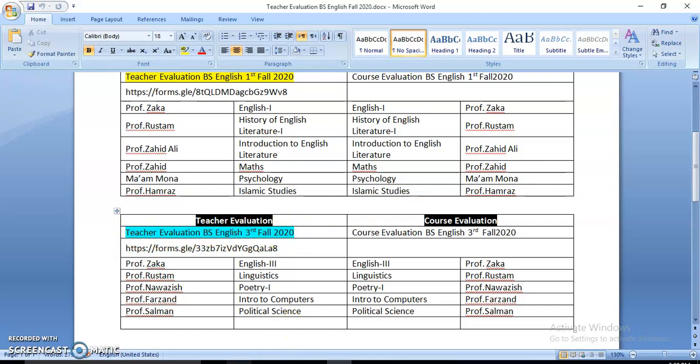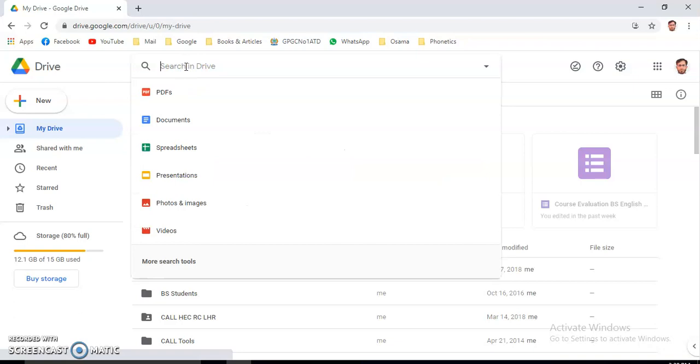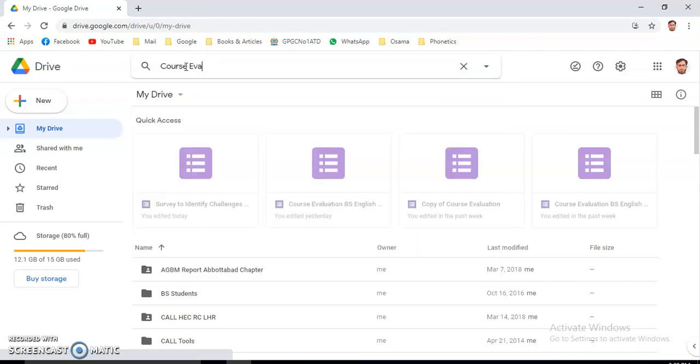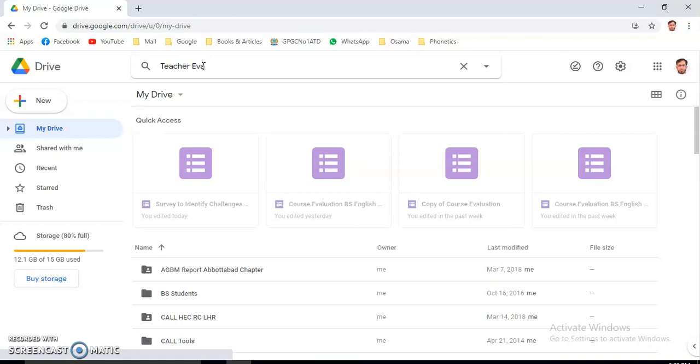So whenever I visit, let me trace it now. This is Google Drive, and let's say we type teacher evaluation BS English, let's say first semester, or you can say fifth semester, fall 2020.